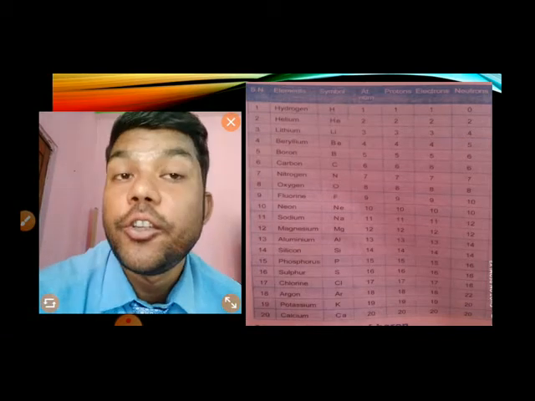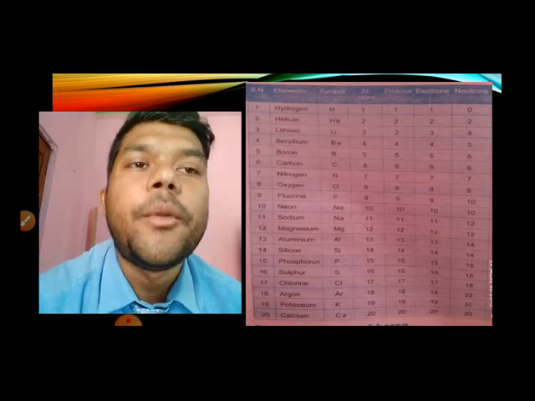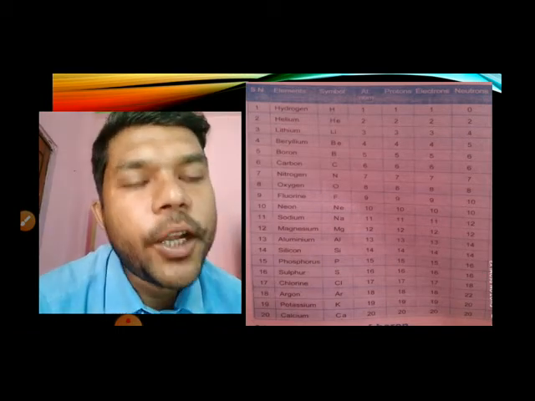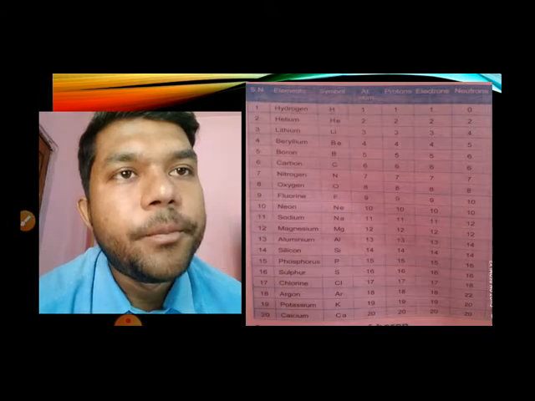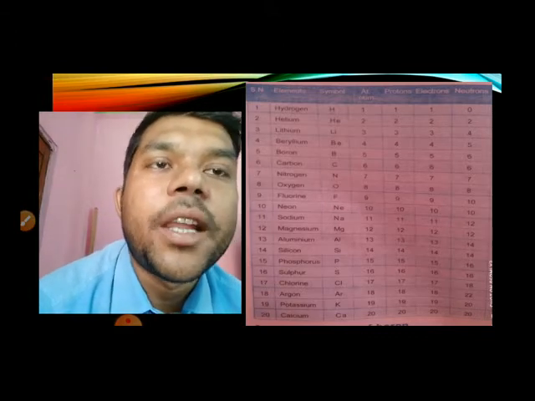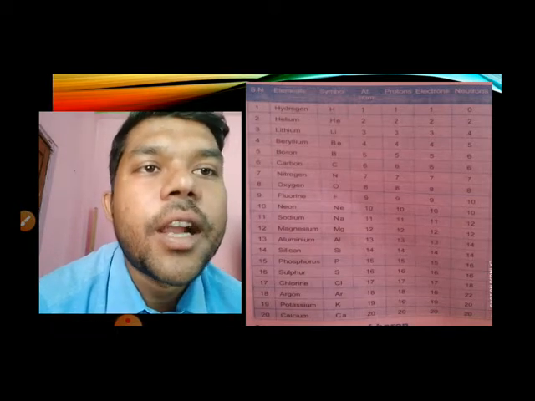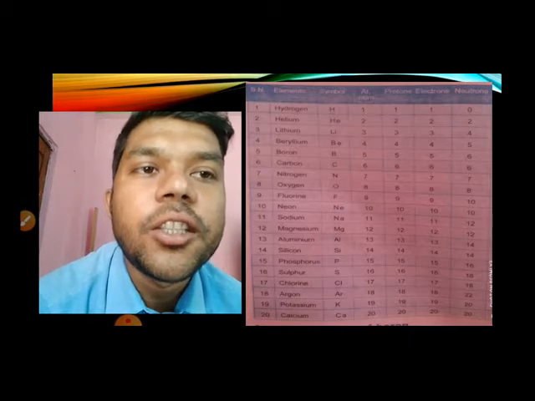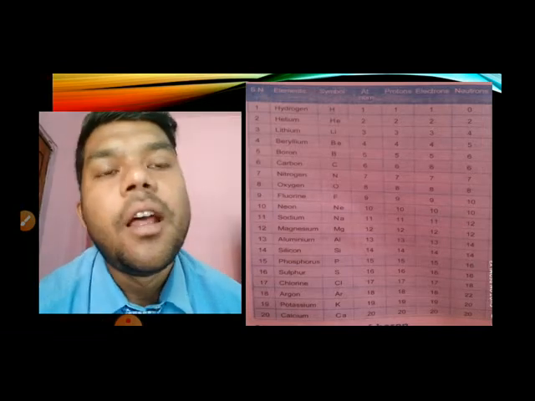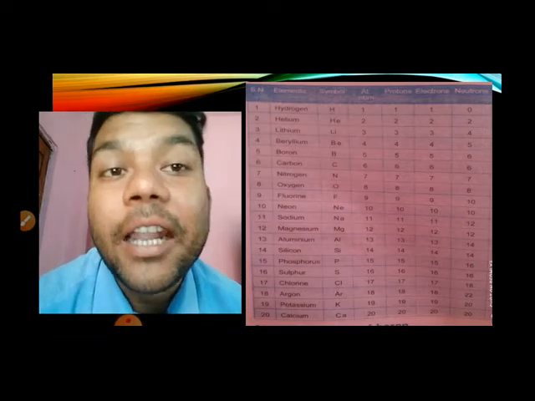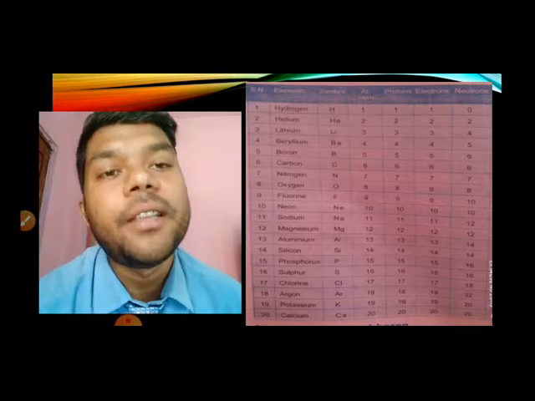Yesterday I already told you there are a total of 118 elements found till now. Among those elements, some of the important elements you should remember, along with their symbols, at your level. You can see the diagram. There are serial numbers 1 to 20. The elements are hydrogen, helium, lithium, beryllium, boron, carbon, nitrogen, oxygen, fluorine, neon, sodium, magnesium, aluminum, silicon, phosphorus, sulfur, chlorine, argon, and potassium. They are not all the elements, only up to atomic number or serial number 20, and their symbols.